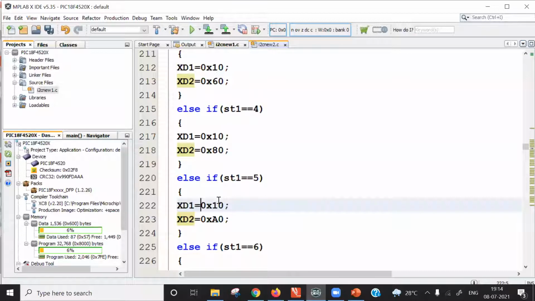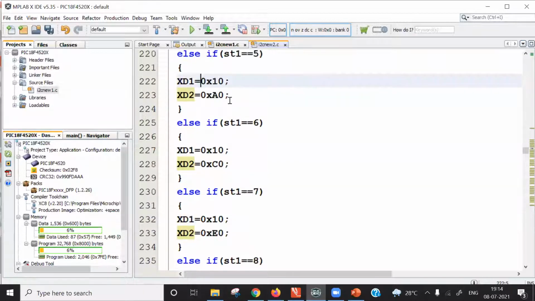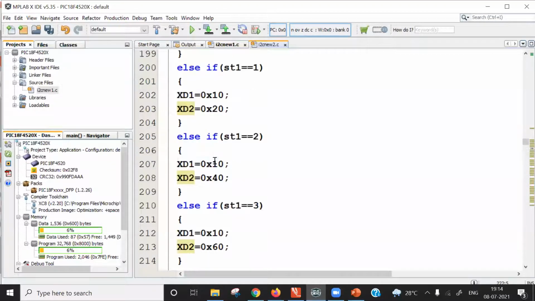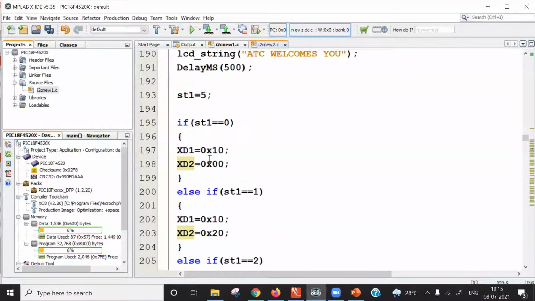So to change the content of the configuration register for channel 1, we can use different values depending upon your requirement. In this program, the advantage is I have loaded all possible combinations here, and one combination I am selecting with the help of this variable.